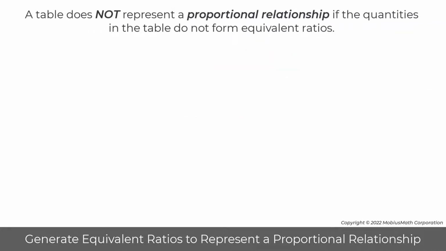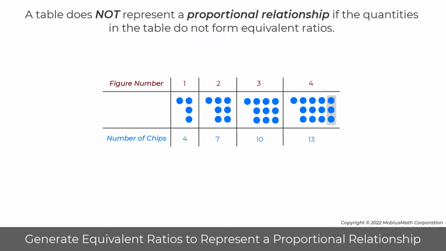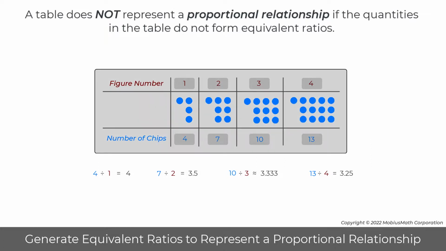A table does not represent a proportional relationship if the quantities in the table do not form equivalent ratios. For example, the number of chips in this pattern can be represented in a table, where 3 additional chips are added when the figure number increases by 1. Notice that dividing the number of chips by the corresponding figure number generates a different value for each figure in the pattern. So, the quantities represented in this table do not form equivalent ratios and do not form a proportional